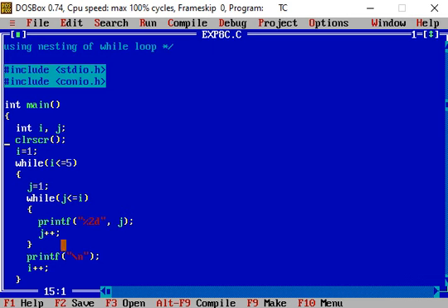Then value of j is incremented, and when it becomes 2, the condition is tested. 2 less than or equal to 2, the condition is true. Then again the body of the inner while loop is executed. So using the printf statement, we print the value of j. The value of j this time is 2, so 2 is printed